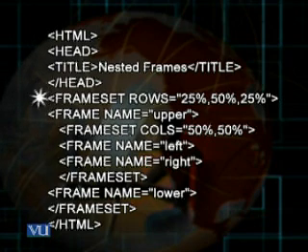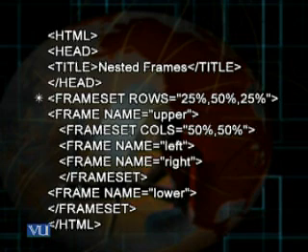Then we use the frameset tag, and we use the rows attribute in order to divide the page into different frames horizontally, and we give the value of the rows attribute as 25%, 50% and 25%.